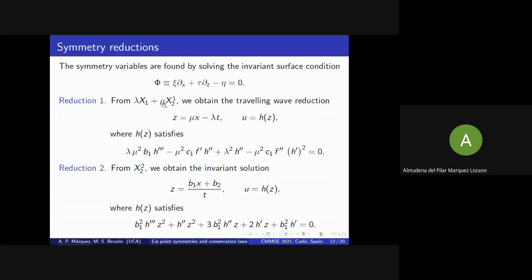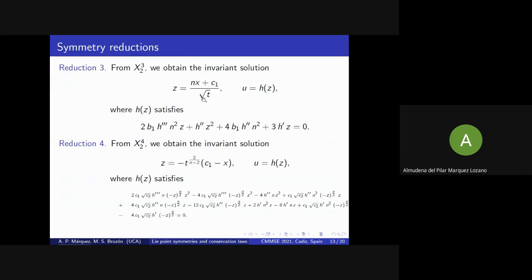To find the invariant solution, we have to apply what is called the invariant surface condition, which is defined this way. So applying this, we can reduce the original PDE to an ODE. For example, for this first element, we obtain this traveling wave reduction, which reduces the original PDE to this ODE. In the same way, for the second element of the optimal system,